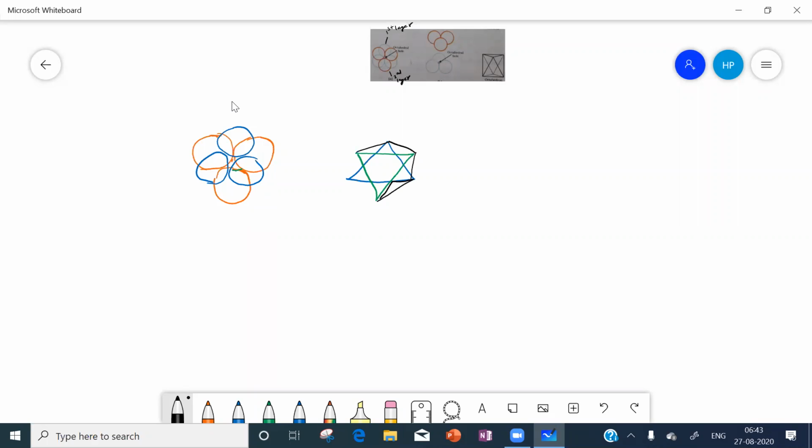Join these two, you will get the third triangle, then the fourth, the fifth, and the sixth triangle. So you got 6. Already we had 2, therefore totally 8. Therefore it is an octahedron.